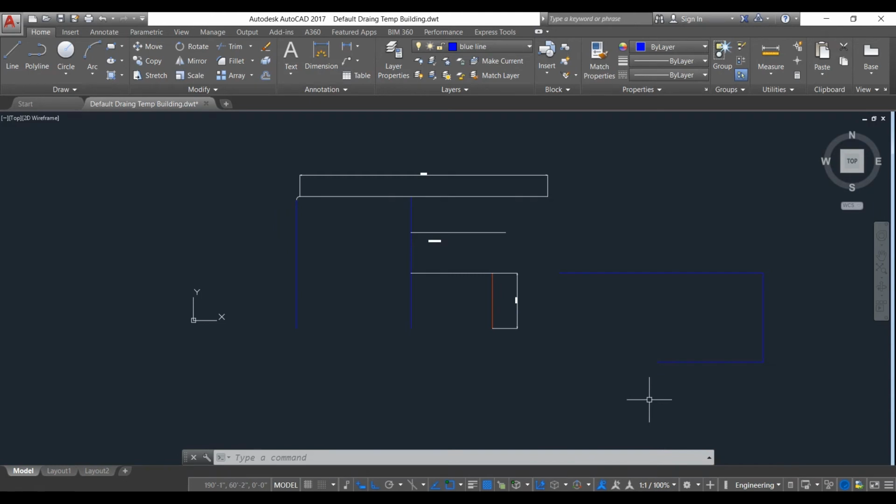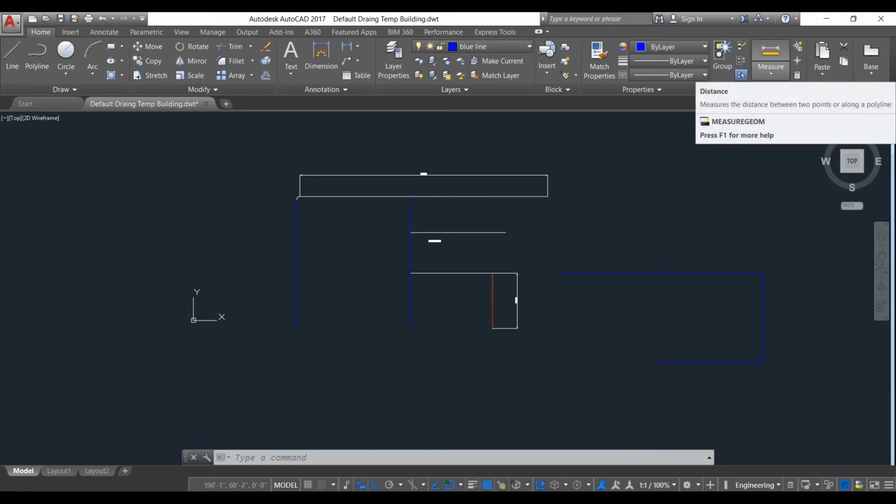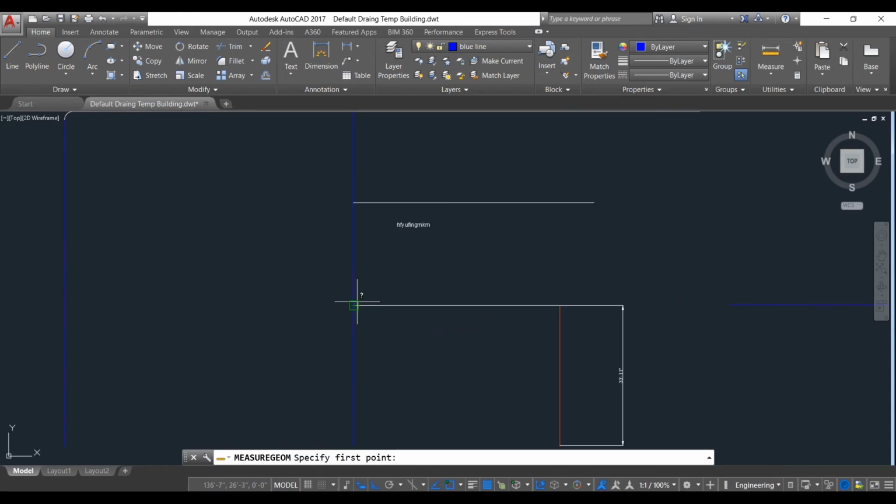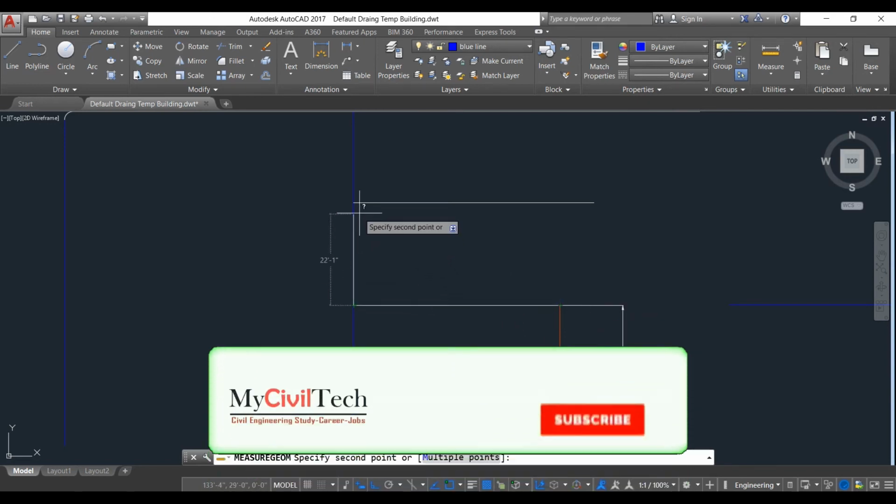Okay, and now we will learn how to use the measure command. The measure command is a very important command. To use that command, first we choose this button, or if you want different types of measurement, you can choose from here: distance, radius, angle, area, volume, etc. Suppose we want a distance measurement, we choose distance and click. Suppose I want the distance from here to here, so choose this point to this point, and this is 50 foot. So this is how it works.